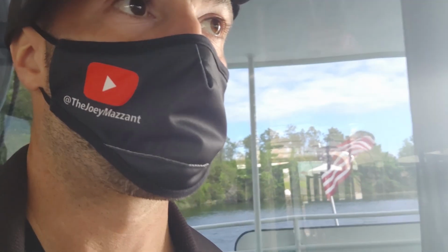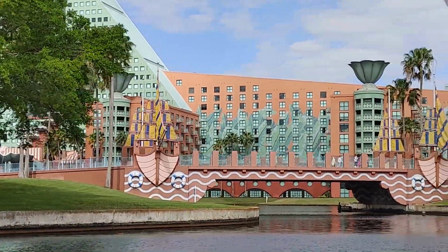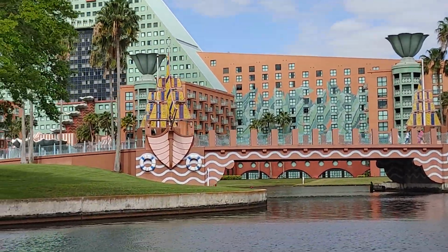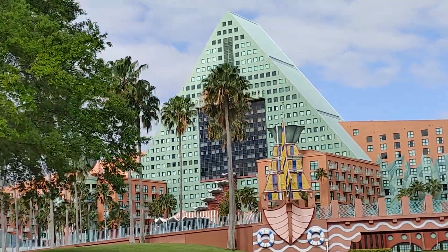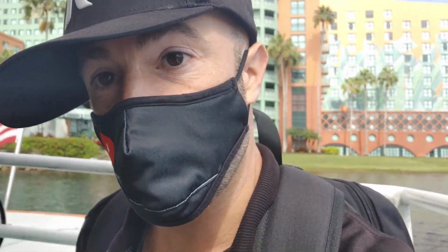The downside, you do have to swing through the Swan and Dolphin, the Yacht and Beach, and the boardwalk first. So we'll see how that hinders our time. All in all, it really is a beautiful view of the Dolphin and the Swan as you roll up around the bend. If you're looking to take some nice pictures, this is a very peaceful, kind of scenic way to do it. So we've arrived at our first destination,